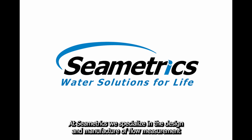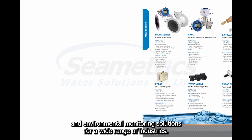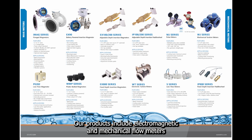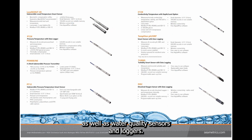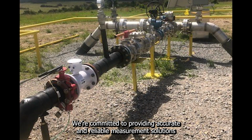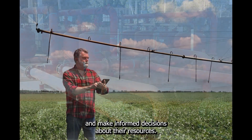At Seametrics, we specialize in the design and manufacture of flow measurement and environmental monitoring solutions for a wide range of industries. Our products include electromagnetic and mechanical flow meters available in full bore, insertion, and flange styles, as well as water quality sensors and loggers. We're committed to providing accurate and reliable measurement solutions that help customers optimize their operations and make informed decisions about